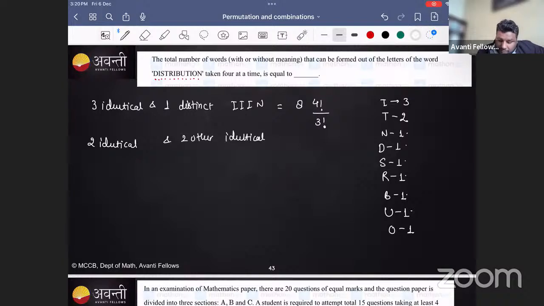Now the only way for this is T. So that is 4 factorial upon 2 factorial, 2 factorial. Correct? Then another way is 2 identical